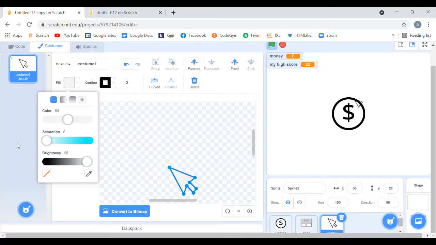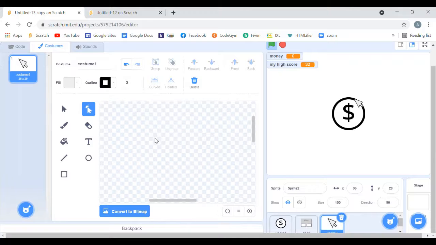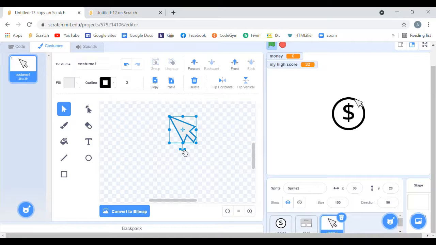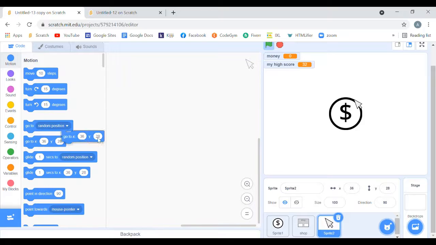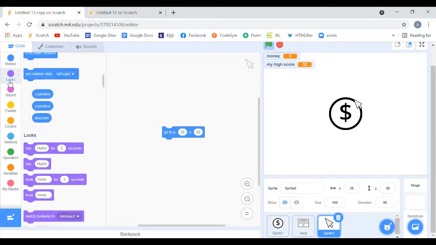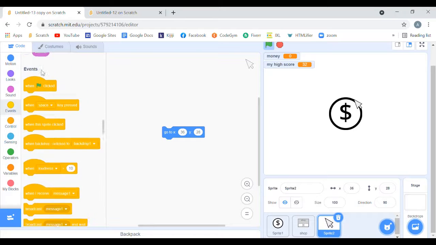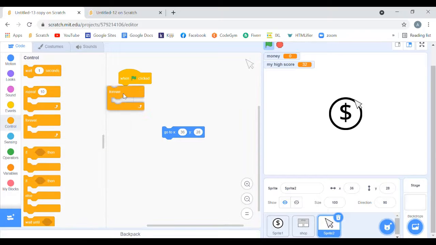Let's give it a grayish, whitish color like this. But I feel like it should be tilted upwards even more, so like this. Looks better, I think. Let's put it in the center. We'll need to go to when flag clicked, get a forever loop,